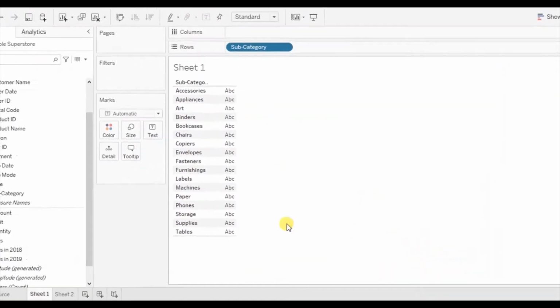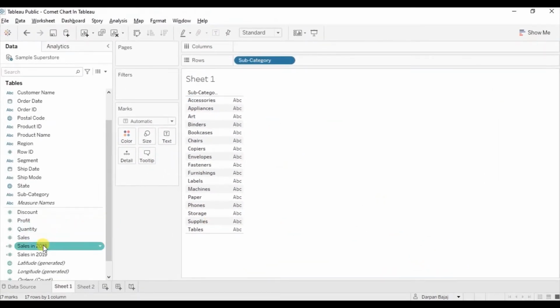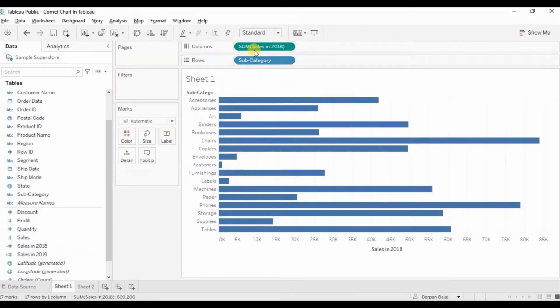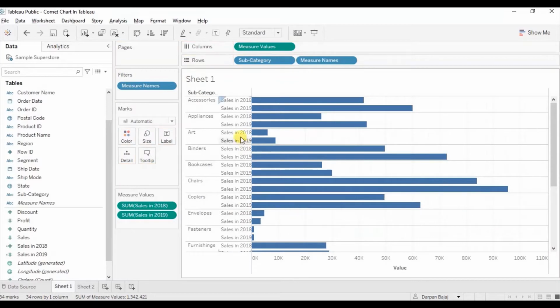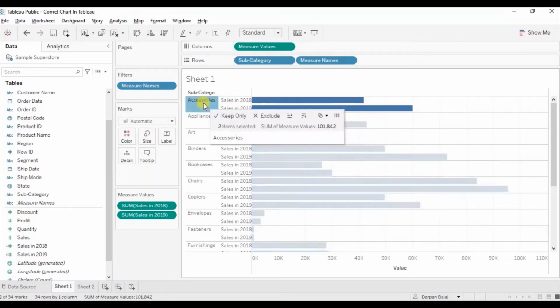click on OK. Now drag sales in 2018 to columns, drag sales in 2019 to the axis to create a blended axis. So here for each subcategory we are getting sales in 2018 and sales in 2019.